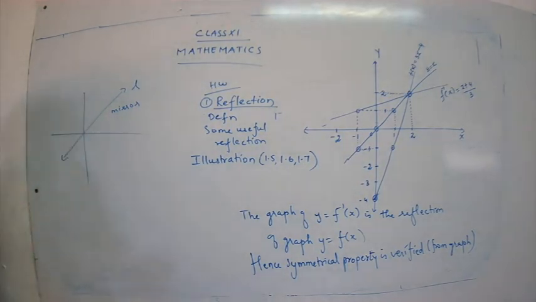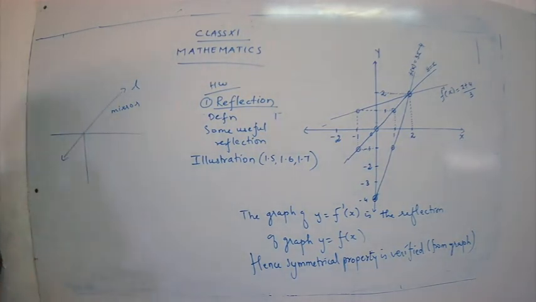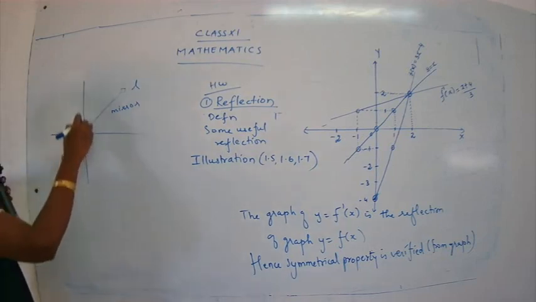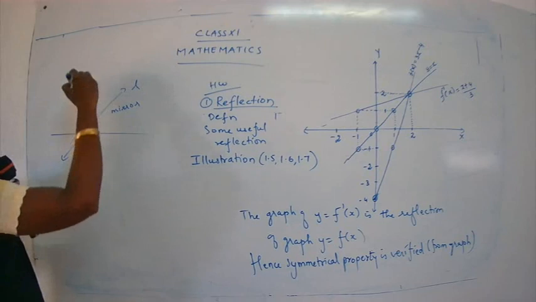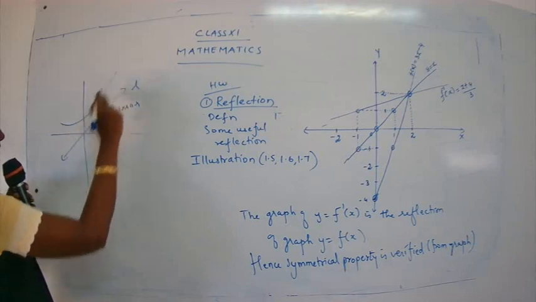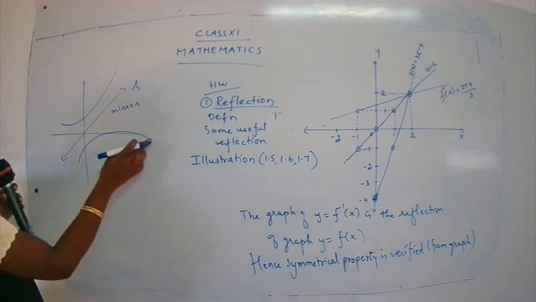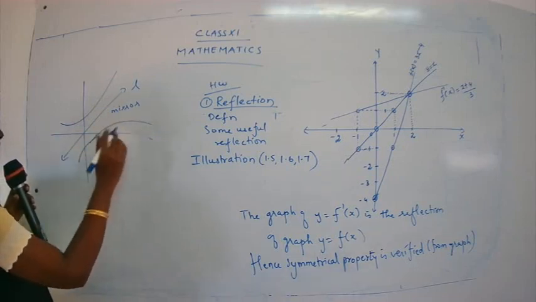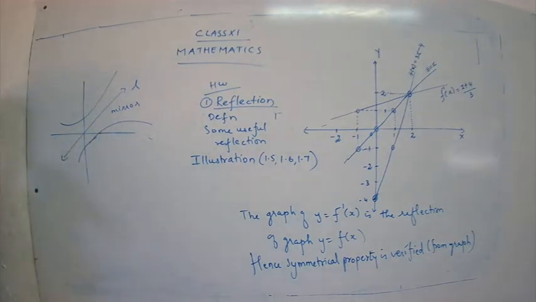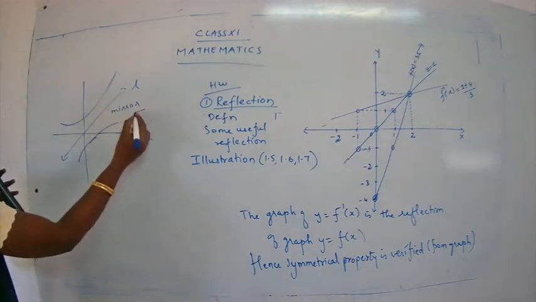if I am drawing a function over here, we have a function, and the x and y axes will be there. If I'm drawing a function somewhat like this, how will be the mirror image of it? Let's see. It's going like this, so it will be somewhat like this. So reflection is just a mirror image. This is called reflection. The same thing gets reflected here. Same reflection. So it goes like this.